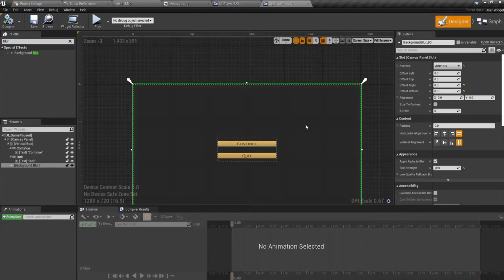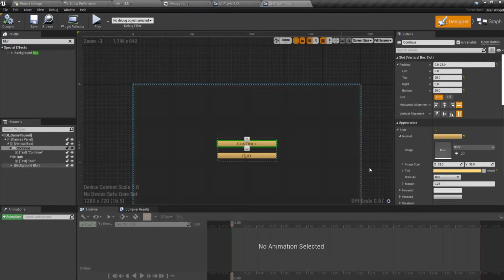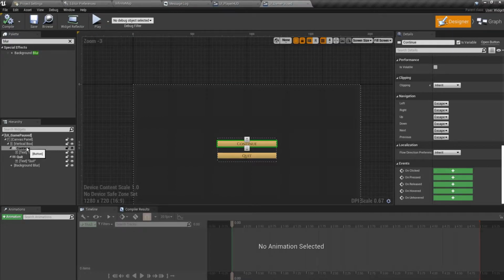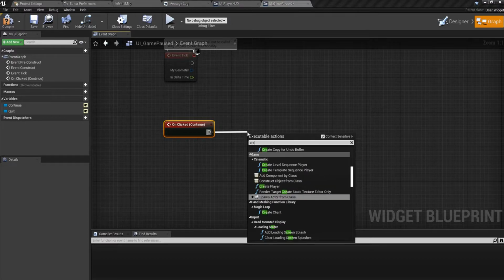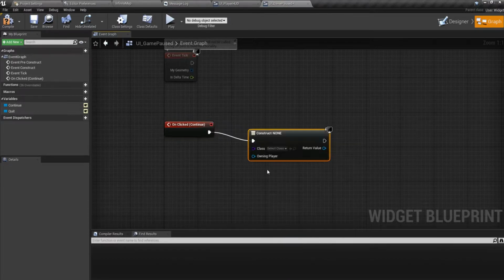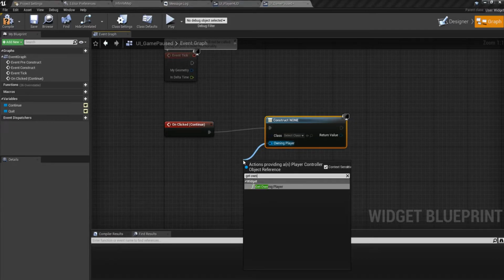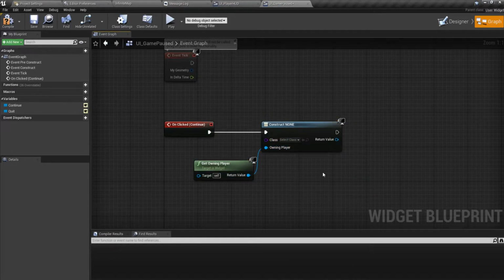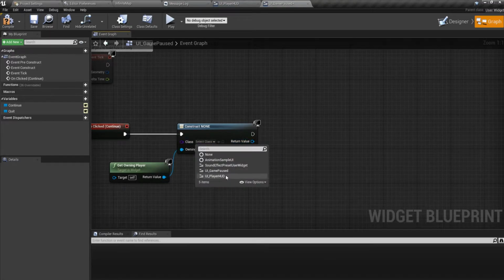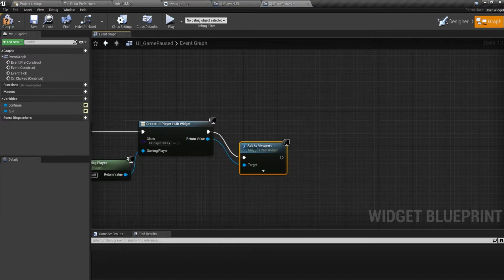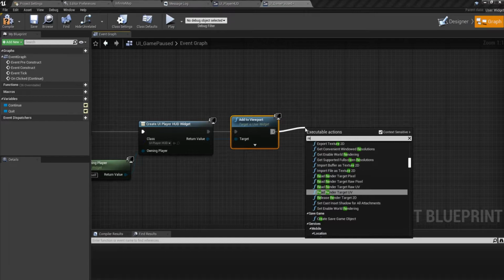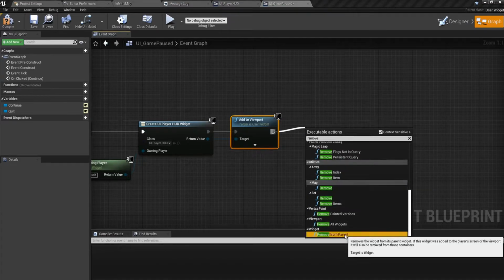and in the game paused, on the continue, make sure you have the continue button selected and scroll down to get the on clicked under events, and we do almost the same thing. Create widget, get owning player, and you get the player HUD, add it to the viewport, and then remove from parent,